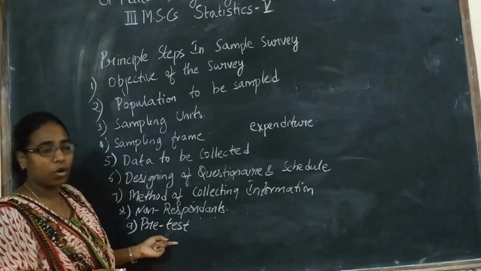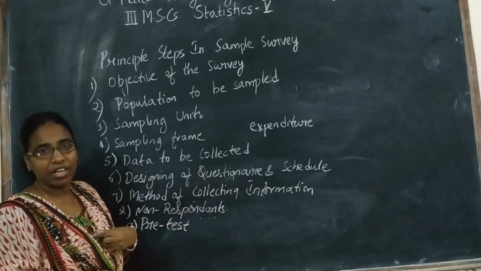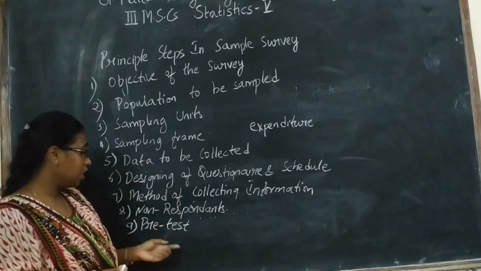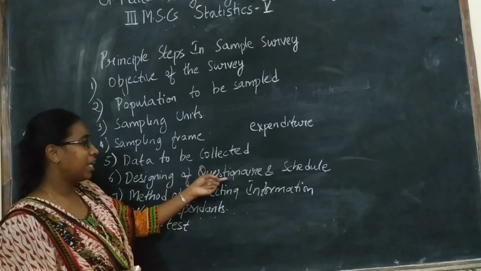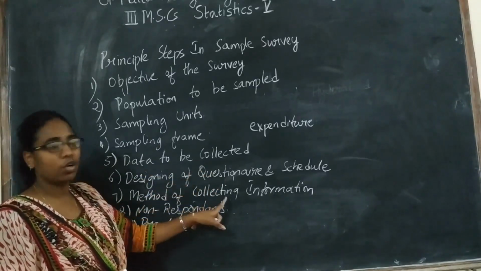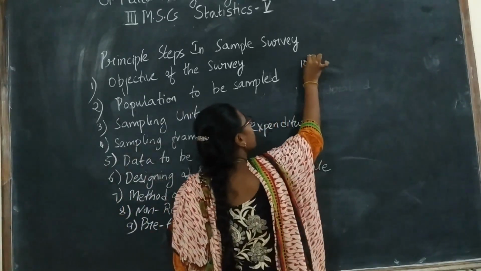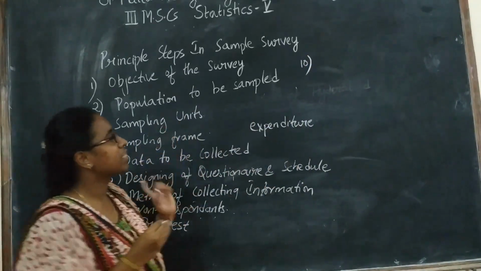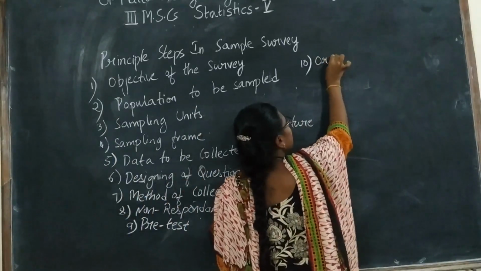This is very important, because if you are making any mistakes in your questionnaires, you can rectify them. If you check them once, you can easily know if you have any mistakes. So this pre-test is very important to check whether there are any mistakes in our questionnaire or schedule. So next, the 10th one: after the pre-test is finished, if you are successful, the next one is organization of fieldwork.